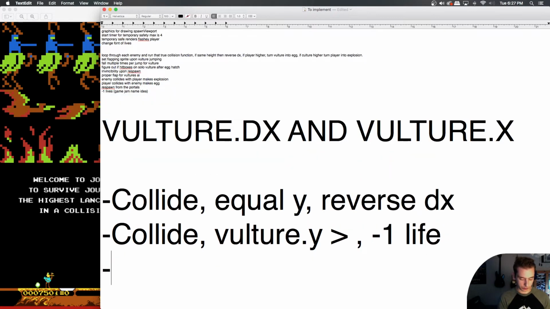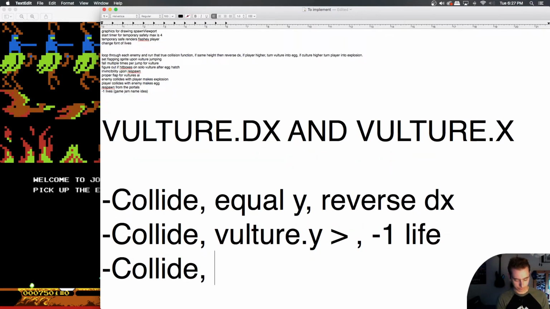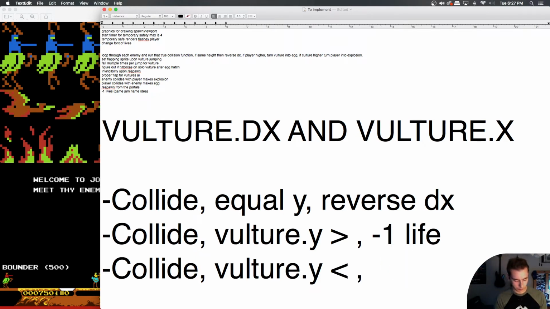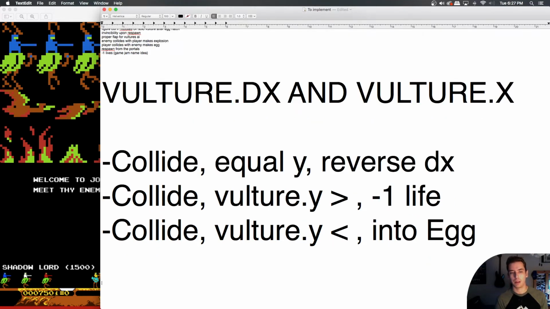And we can also collide and have our vulture's Y be smaller than us, in which case vulture gets turned into an egg. Okay. Now we can also,